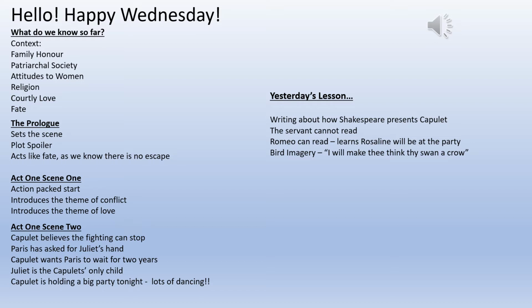So context, the prologue. Remember, the prologue is written as a sonnet, a 14-line poem, a 14-line section, because sonnets were the traditional form of love poetry at the time. We looked at Act 1, Scene 1, that action-packed start, and Shakespeare presenting those two main themes of conflict and